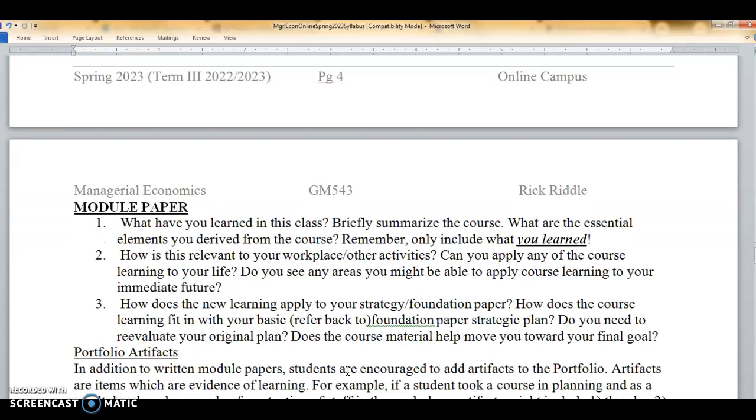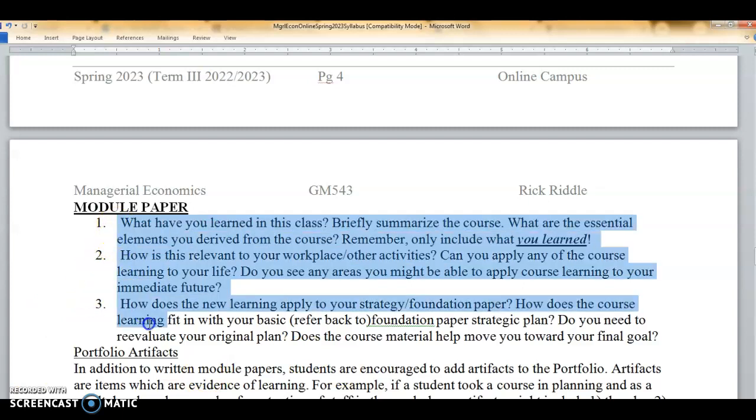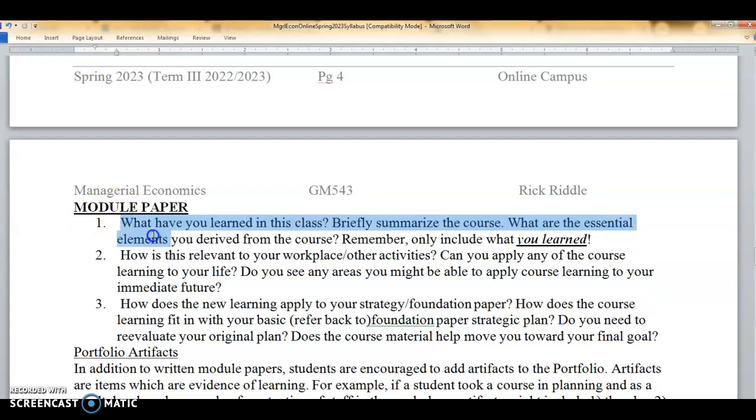Another part of your grade is the module paper. The module paper is worth 5% of your grade. The 3 sections basically follow the individual sections that are part of the standard Franklin Pierce MBA module paper requirements. Please be sure to put each individual part. So in the first section, I'd either say part 1, and I suggest actually copying the actual questions that I have,